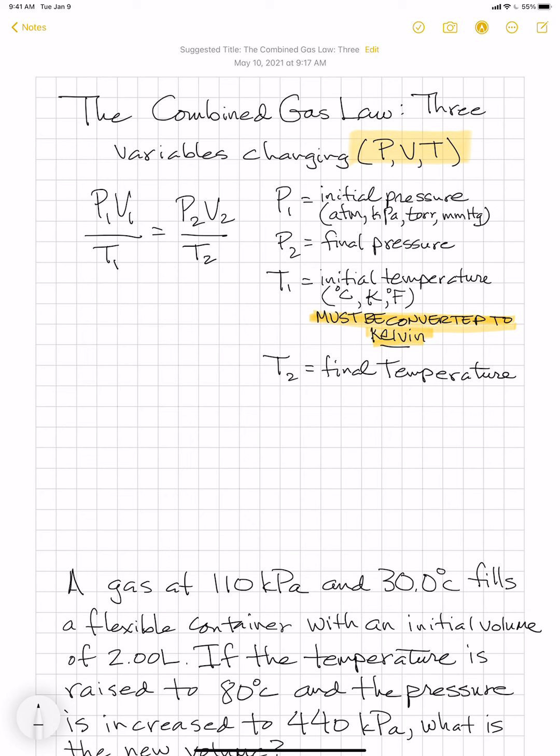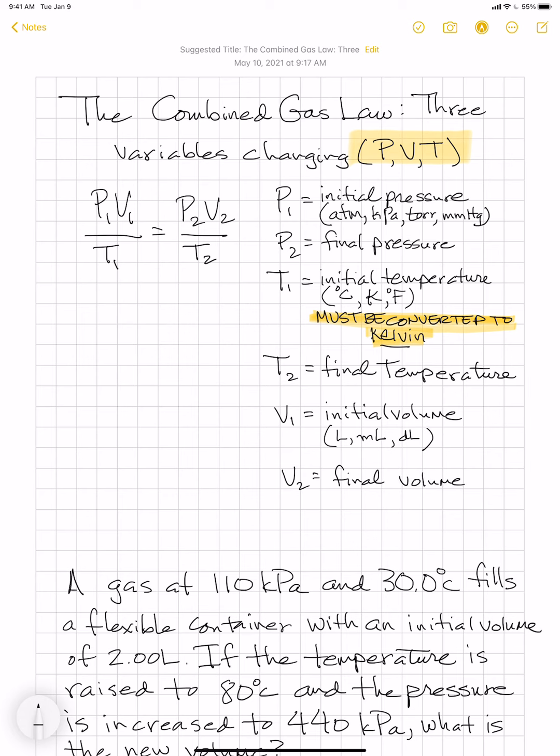All right, so what are we missing? Well, we're missing V1. V1 is initial volume. And so volume, the units for volume are commonly liters or milliliters. It could be deciliters, okay? So these are all units for volume. So that's initial volume, and then V2 is final volume,